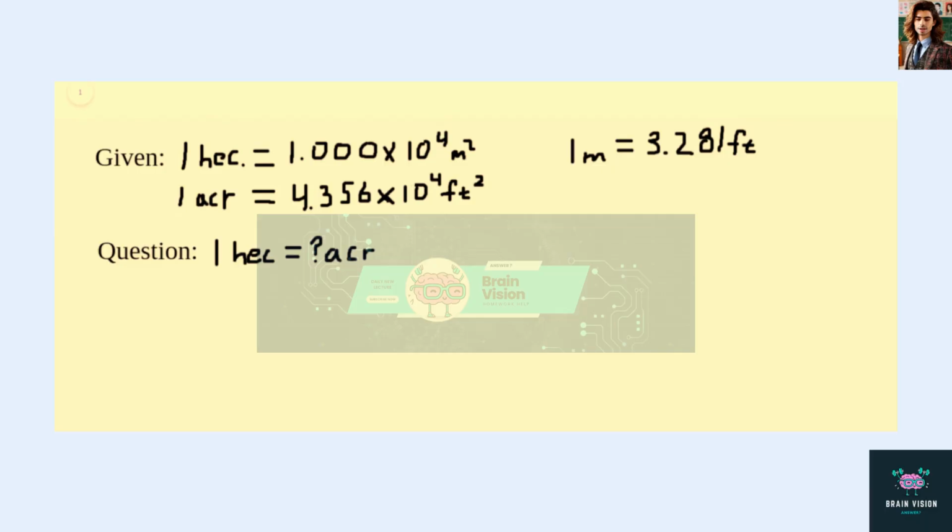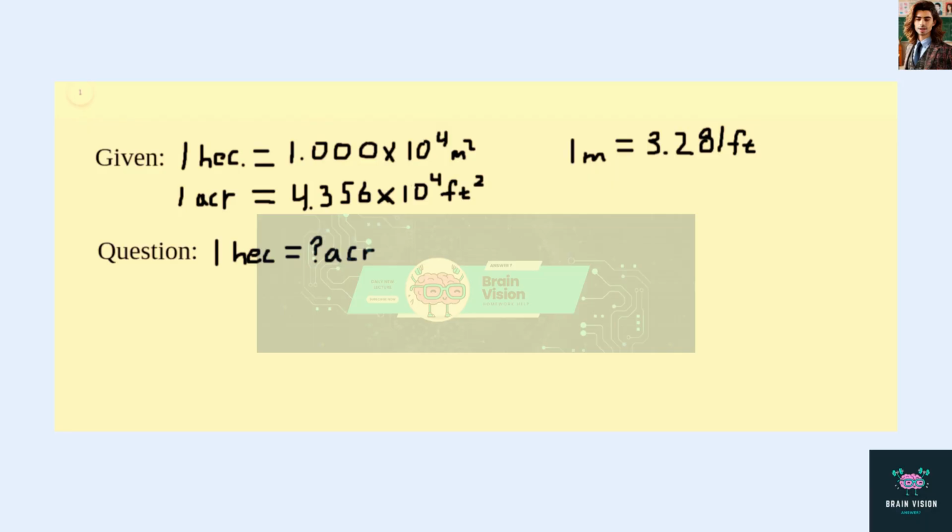Okay, our question says 1 hectare is defined as 1.000 times 10 to the fourth square meters, whereas 1 acre is 4.356 times 10 to the 4 square feet. And it wants us to figure out how many acres are there in 1 hectare. Okay, so we're going to need to convert